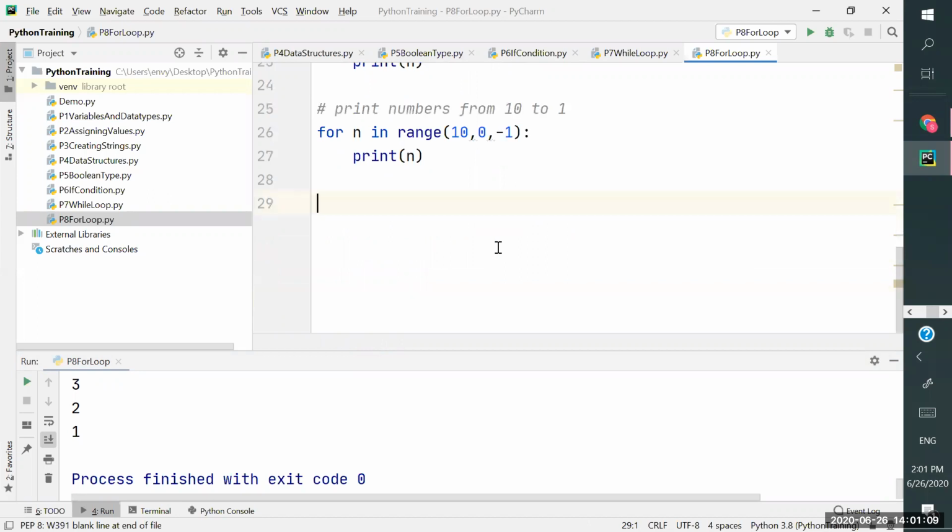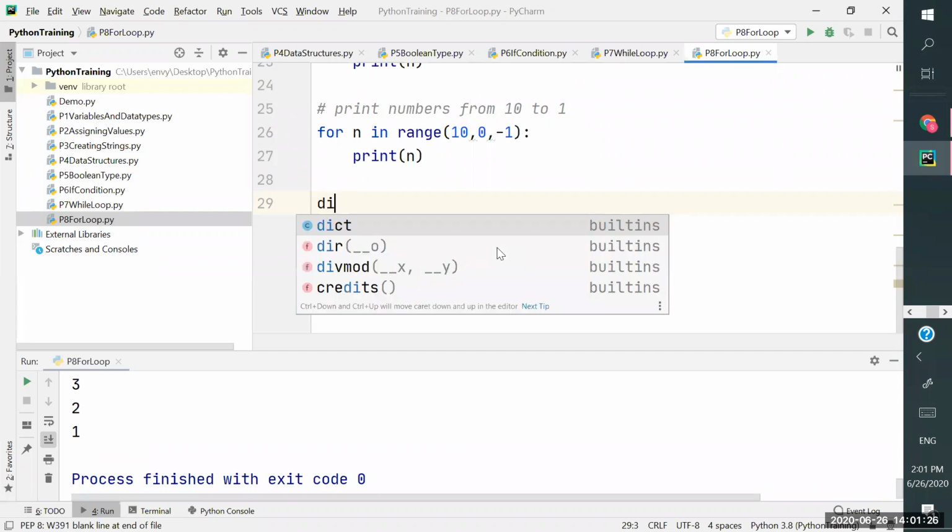Now, how to iterate through a dictionary? You have set, dictionary, tuple, all these things. Tuple and list iteration is the same, and how to iterate through a dictionary is more important.